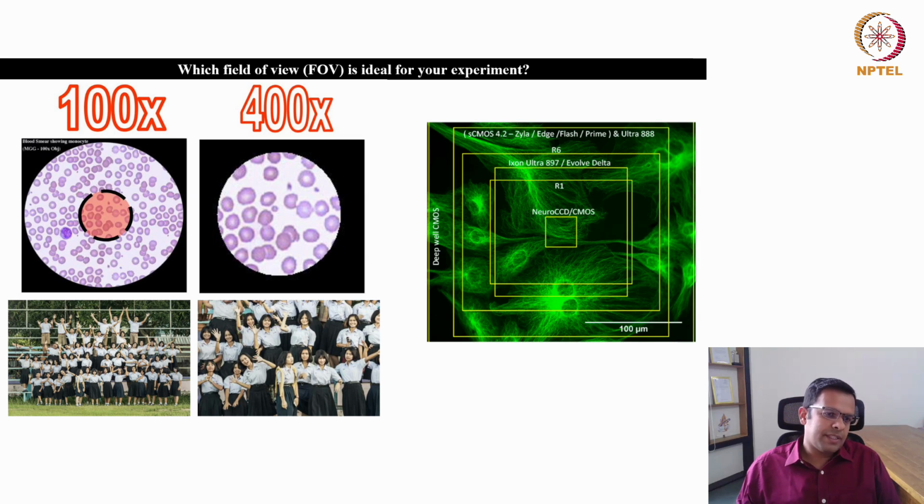So that's why you have to decide what is more important for you: whether you just want to count the number of students in this group, or you really want to see their faces. If your biological question requires that kind of identification, then you should go for the higher magnification and take more such images so that you can see all the group